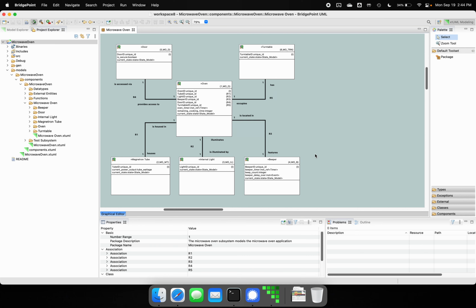A new feature in the latest version of BridgePoint is the persistence of graphical instances as human readable text. So I'm going to demonstrate that now. I have the microwave oven application open here, and I'm in the File Explorer with it expanded so I can see the files that represent the subsystem diagram. At the moment, this microwave oven.xtUML file is what's containing all of the relationships and the graphical instances for this